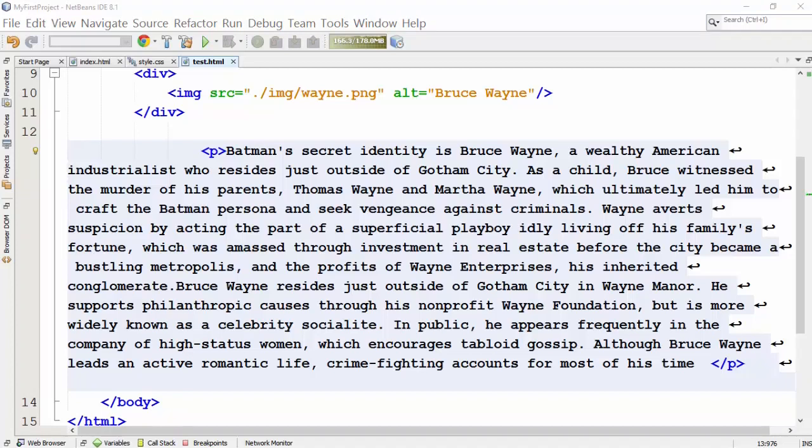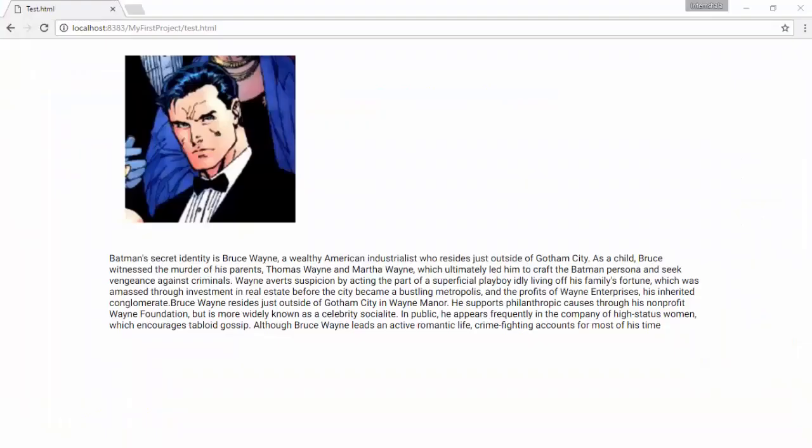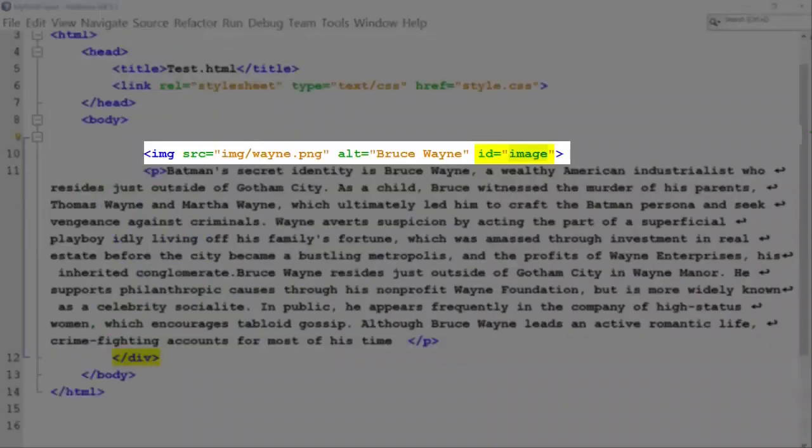Let us see how browser will read this. You will see that the paragraph is displayed below the image. Remember we used float property in styling div element earlier? We can use that property to float our image to left. Since this is an unique image that I would like to apply float left styling, I will use id attribute. So let me go back to our test.html file and give an unique id to my image.